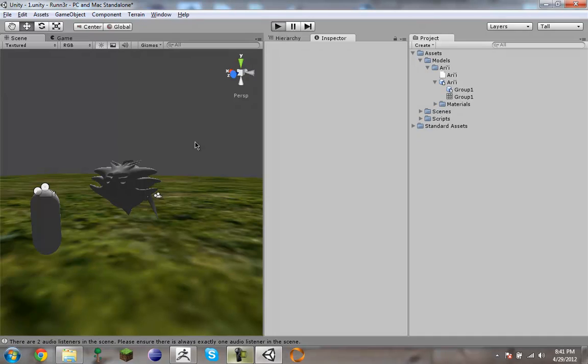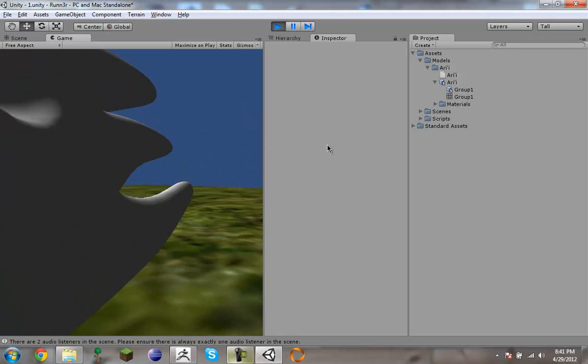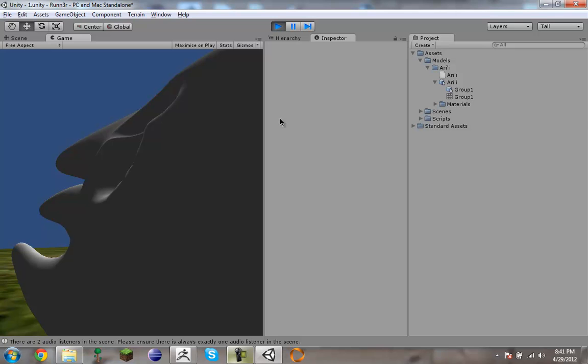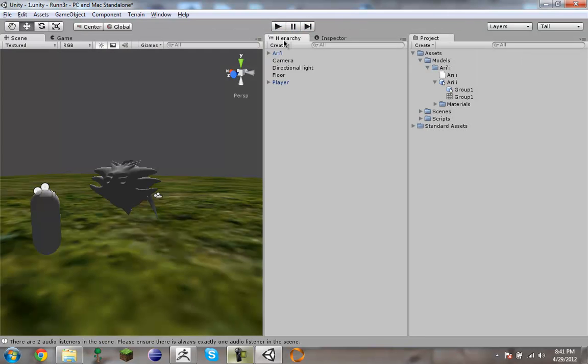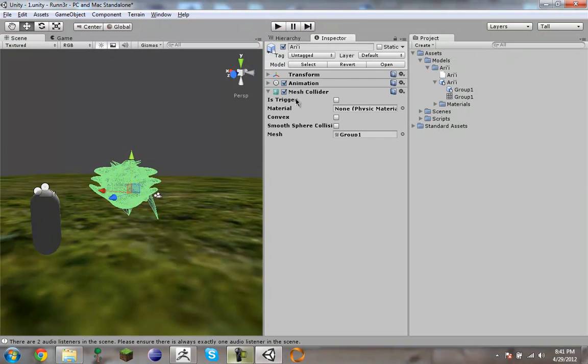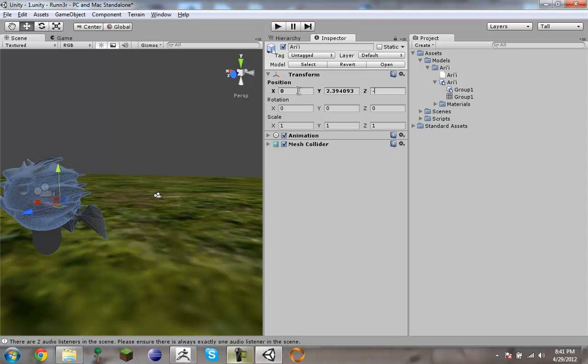So, there we go. Now, if we walk up to him, we can collide into everything, and it's not going to be a box. We'll collide into everything that's actually part of him. So, hello, Ari. Collide into him, smash into his face. He is a face. But what we need to do now is just shrink him down a little so he looks more cute and cuddly. We can make it so that Ari is our pet. Wouldn't be too bad. So, 0.5, tab 0.5, tab